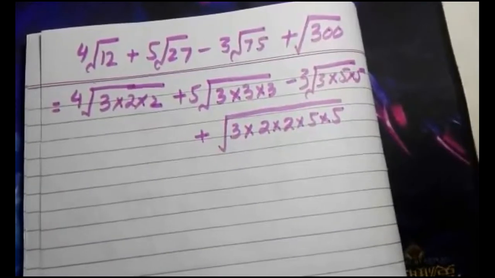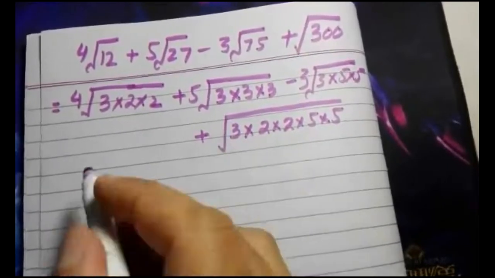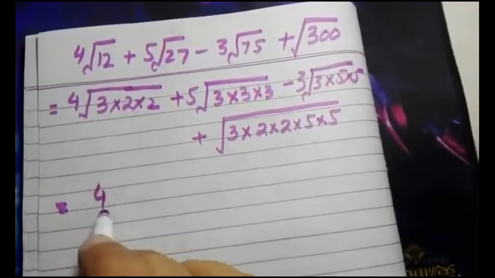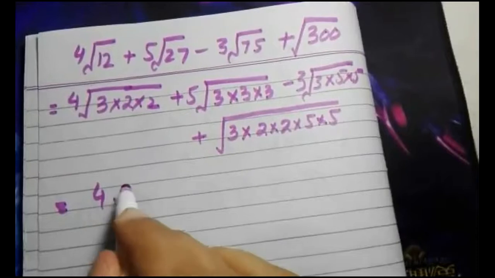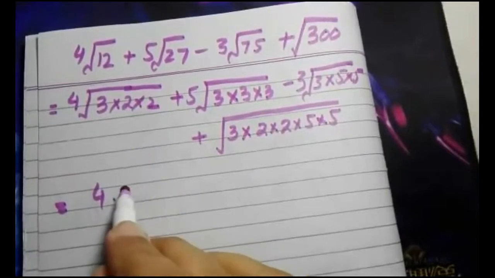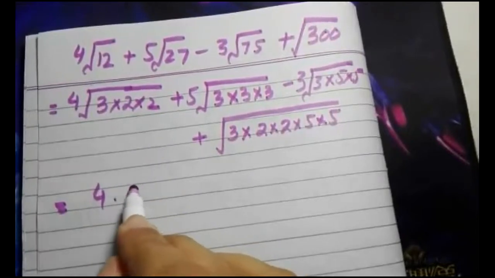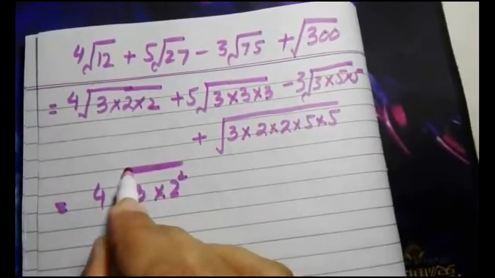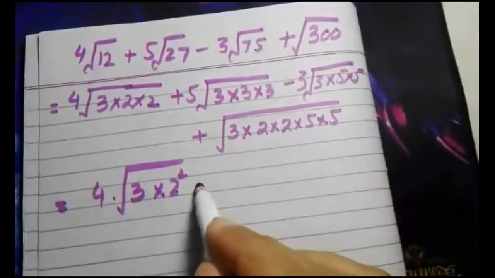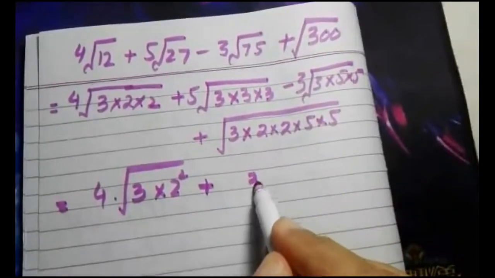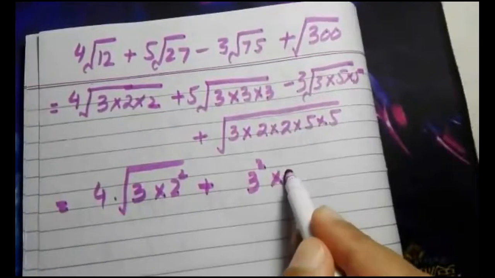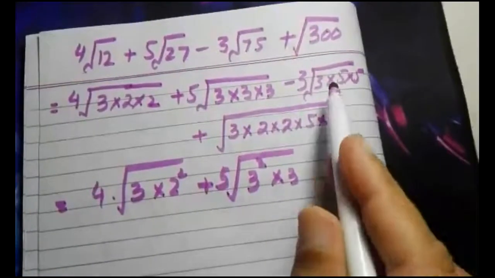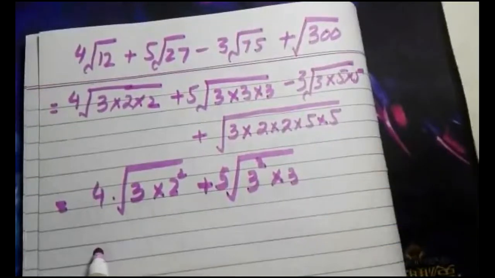We will start the simplification. 4 times root 3, and 2 square with under root sign, like this one. First term. Second should be written as 3 square times 3, and 5 is outside. Its third term will be written as